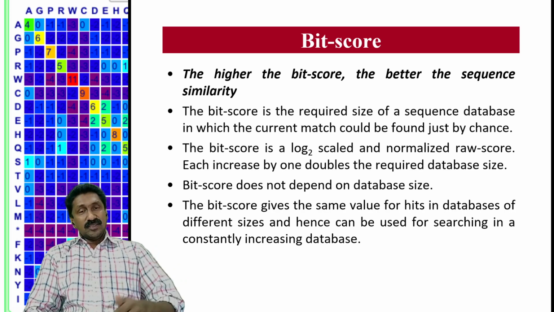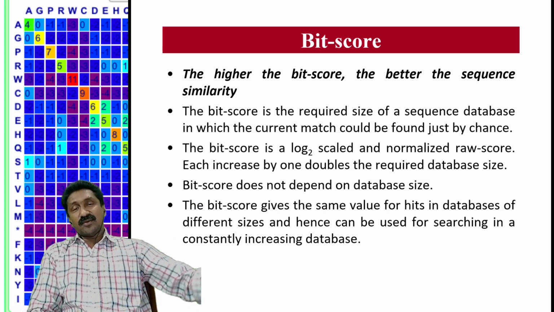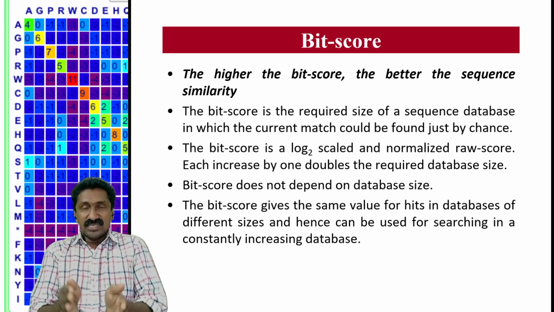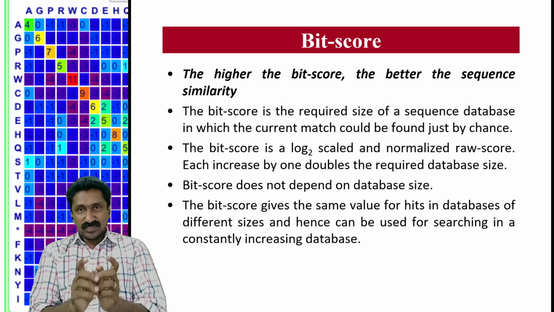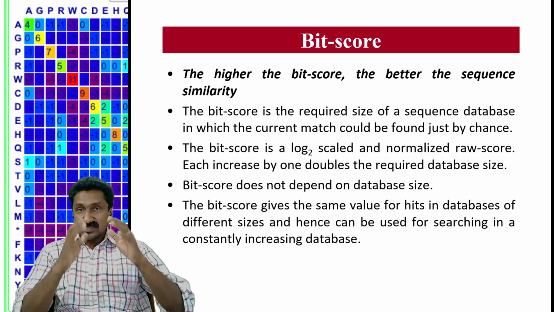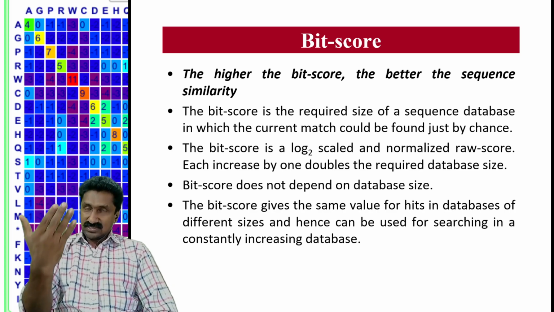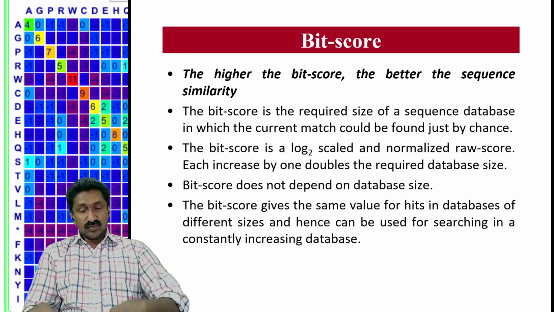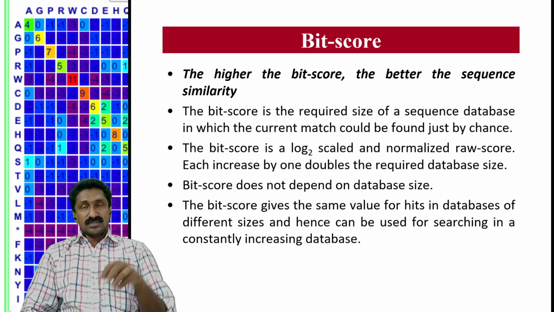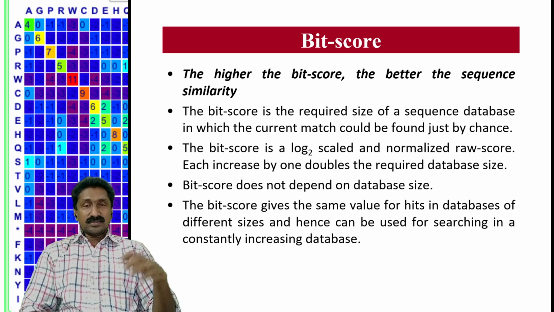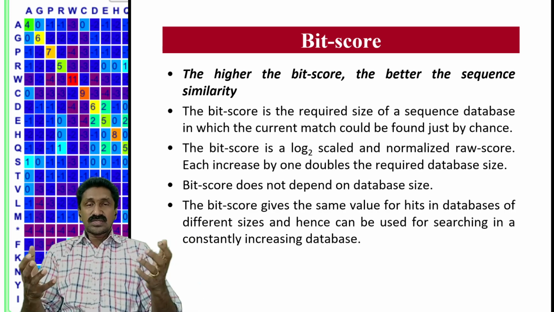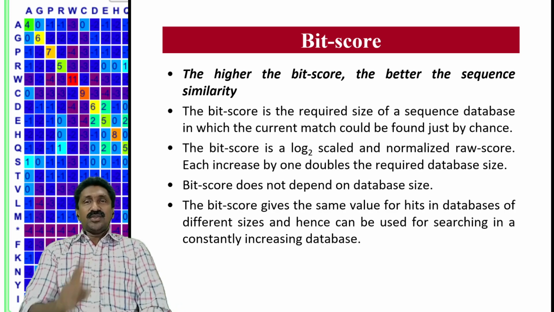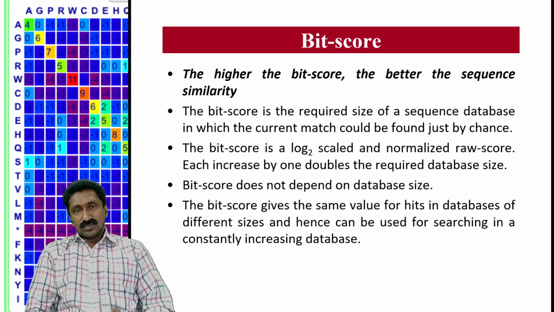So for every 130 crores, you can have another match, but a single chance encounter is actually limited to 130 crores. So that means the bit score is actually a fixed size of the database in which the chance encounter can occur. So if there is a further growth of the population to say 600 or 1,000 crores, that doesn't matter. Still, the bit score is 135 because in every 135 you can find one match. So that's the bit score.